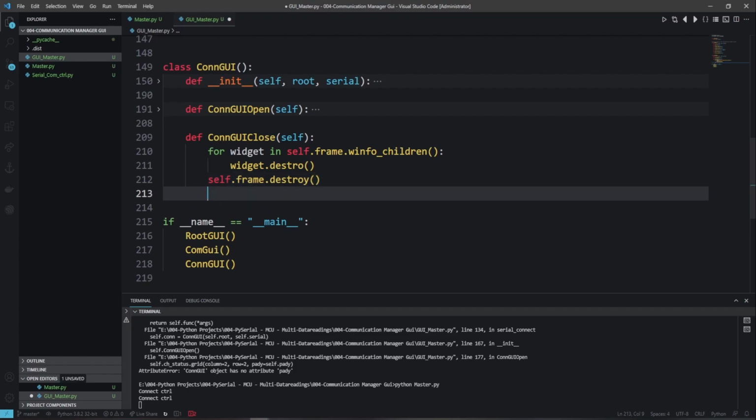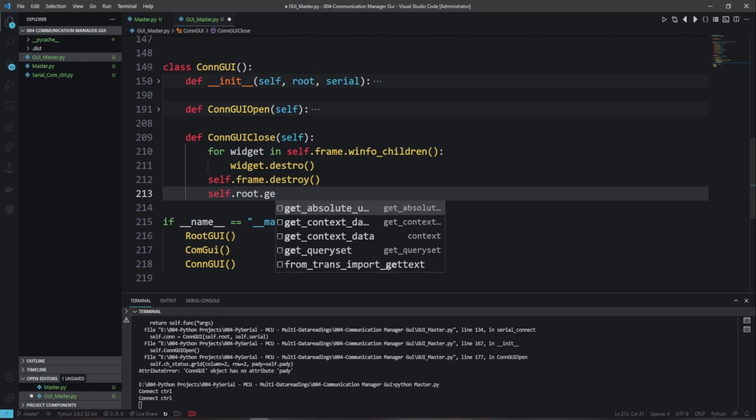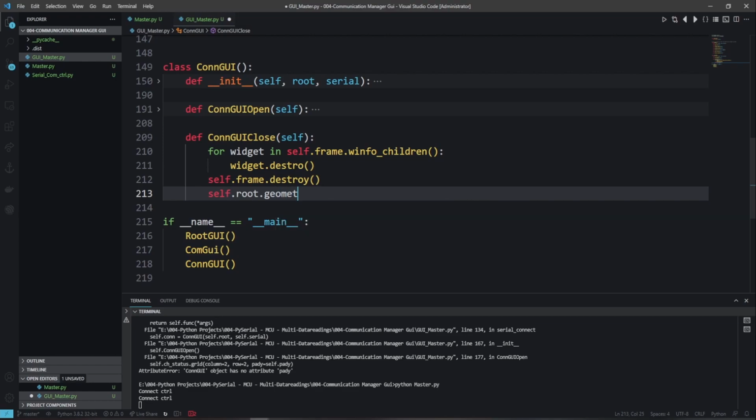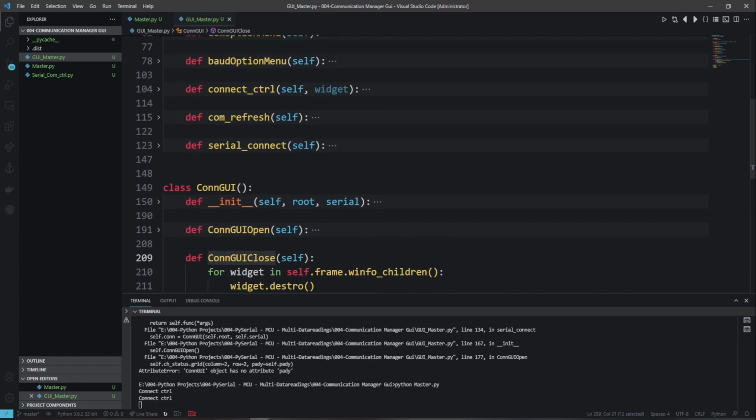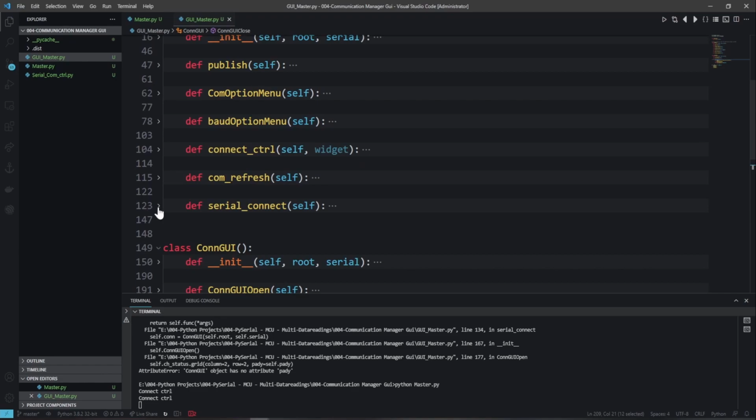So this is kind of security I'm taking by myself. Self, and then after that, we get back to the normal size. So geometry, I have to improve my English somehow. Geometry, and we get back to the normal size that we do have, which is 360 if I'm correct, multiplied by 120. Okay, so let's then take this method, and where we are going to use it, it will be